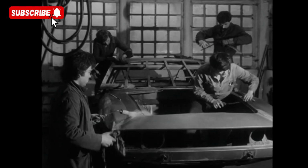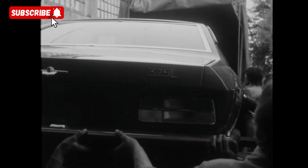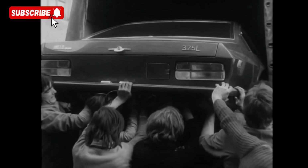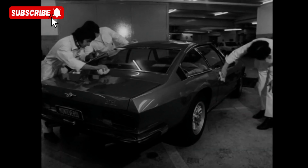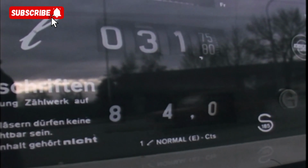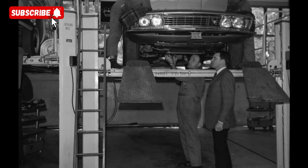Unfortunately, for the worse. When the effects of the 1973 OPEC oil embargo began to take hold in Europe and the US, Monteverdi realized that the European design plus American muscle formula would soon stop working. The muscle was fading fast, and design alone, especially with declining body quality, wouldn't be enough. Companies that had followed the same formula, like ISO and Jensen, were already on their last legs,